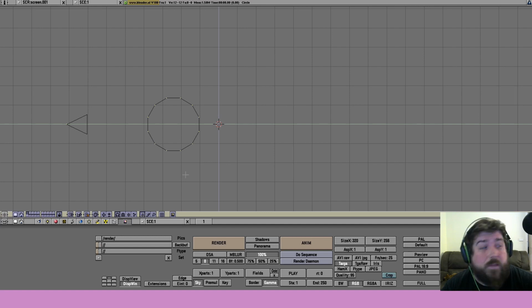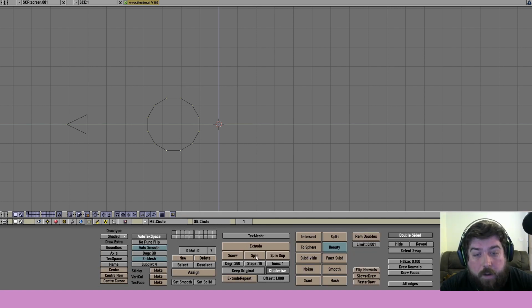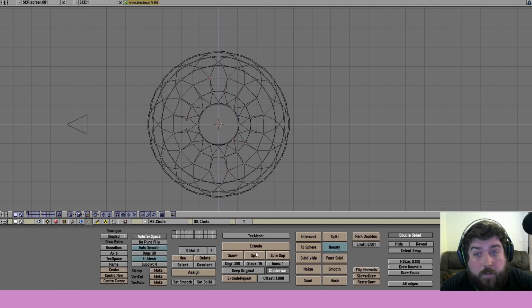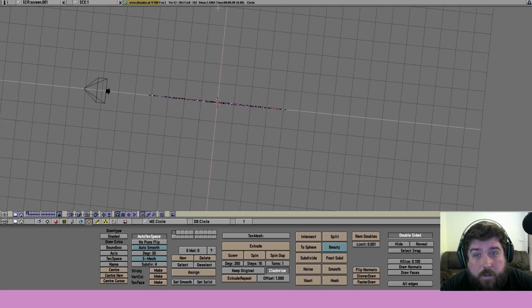0.0007. That's close enough. So that's in position now. We don't want to move it at all. And then we'll click spin, and that should... Oh, it works from the current view. Okay. So